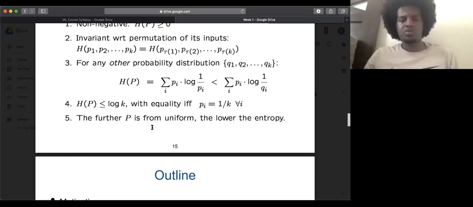And then the further p is from uniform, the lower the entropy. Again, this is that example that things are really uncertain near the mean or the expectation for that data, and variance directly correlates to information gained. So the higher your variance is, the more information you gain, the further away you are from the mean. That would mean your variance would be very high, right? Yeah, because low entropy means more certainty. Exactly.